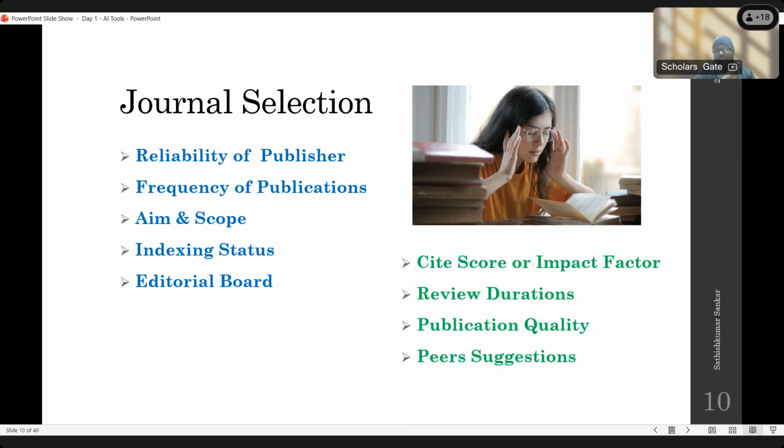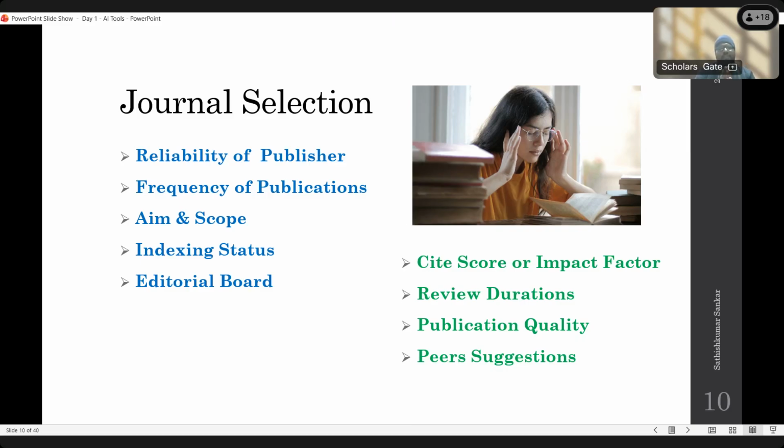In the world, there are more than 50,000 publishers, registered under the publication tree, so we don't know them all. If it is a new publisher coming into the market, we don't know how they publish articles, what the quality of the articles is, how they distribute them, or how we can get citations. So reliability of the publisher is the most important thing to consider.